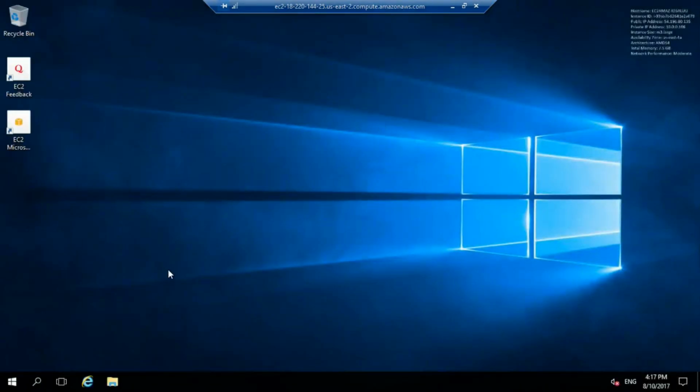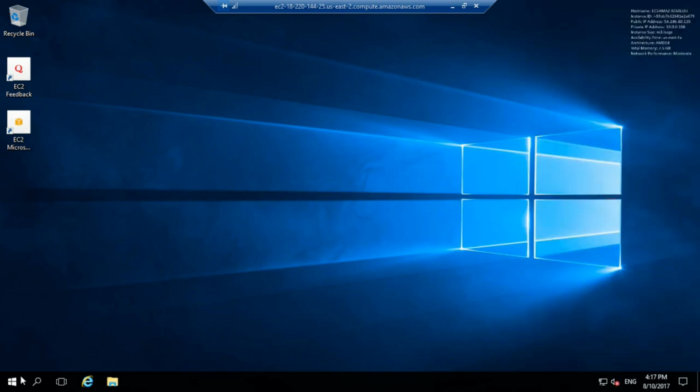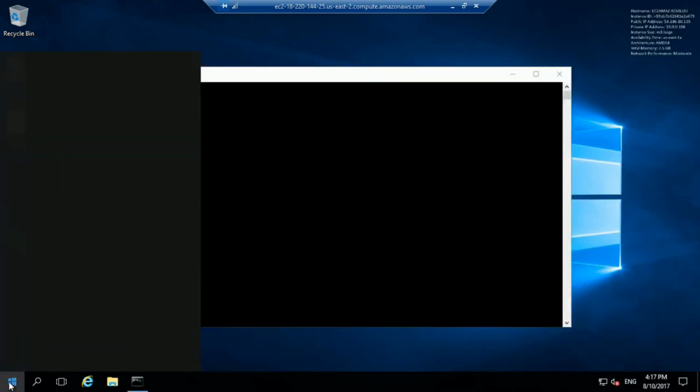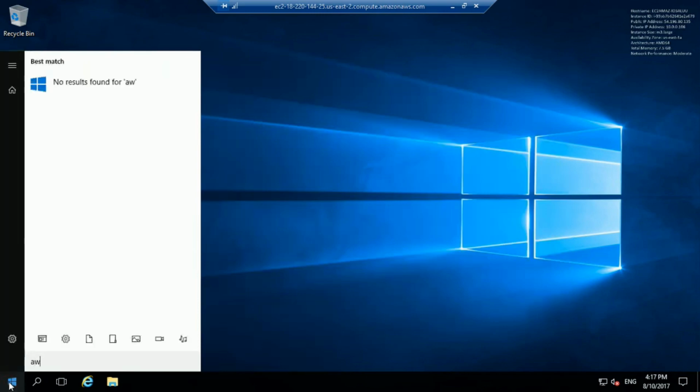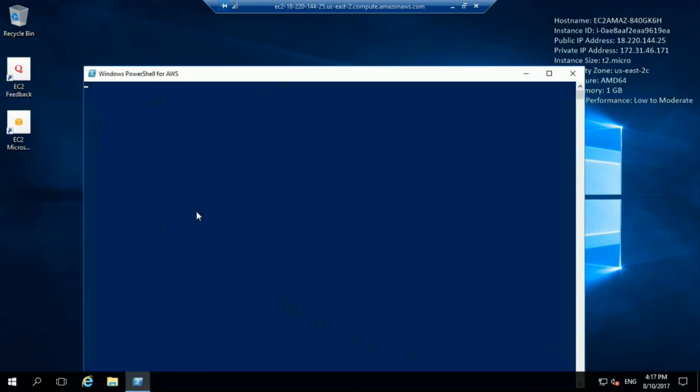So now let's verify whether the CodeDeploy agent is running or not. To verify that, we have to open Windows PowerShell for AWS, and here we have to write the command to verify. So let's write the command here.